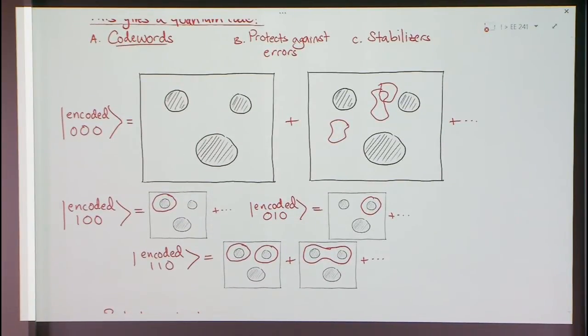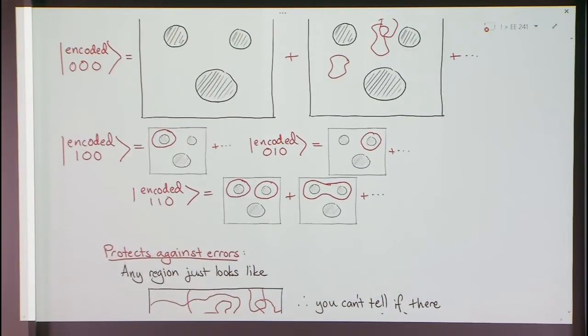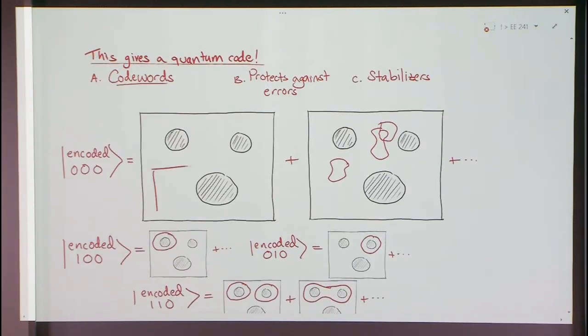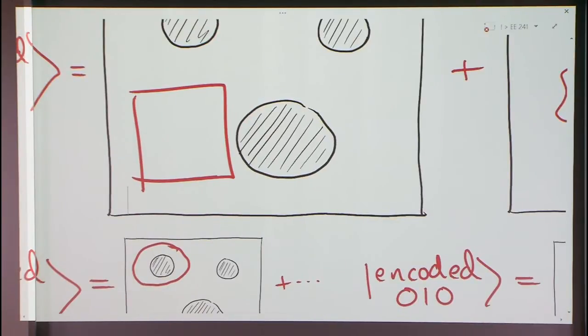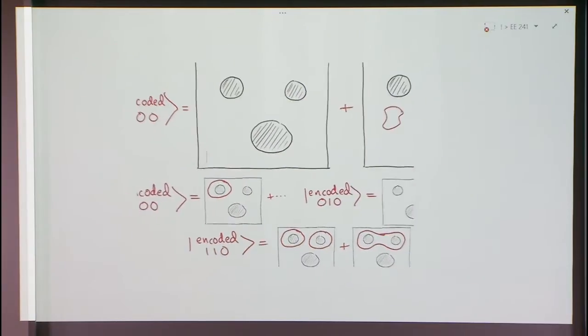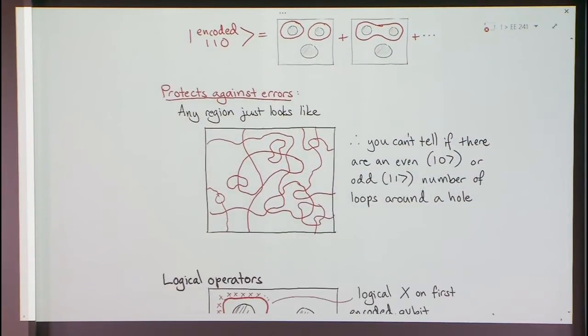That's simple enough. Finally, why does it correct against errors? This is also simple enough. It's because if you look at just a piece of this, like say I zoom into this region here, I have some complicated cat state encoded into this code, but if I look at just a small region of this code, I have no idea what code word I'm in. There's no way of telling whether there's an odd number or even number of things going around the hole, because that's sort of global information that you can't see just by looking at a local region of space. Locally, you just see a picture like this.